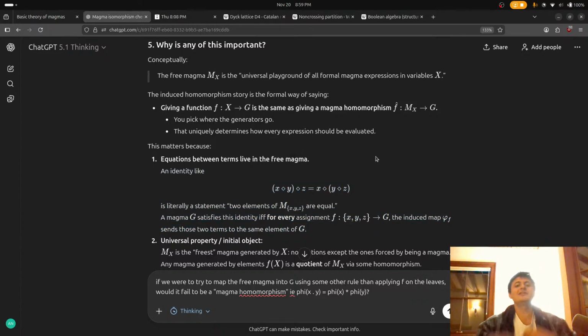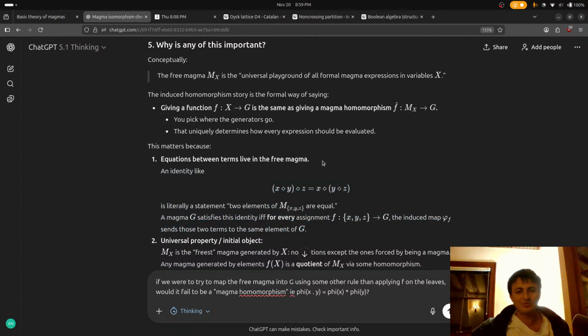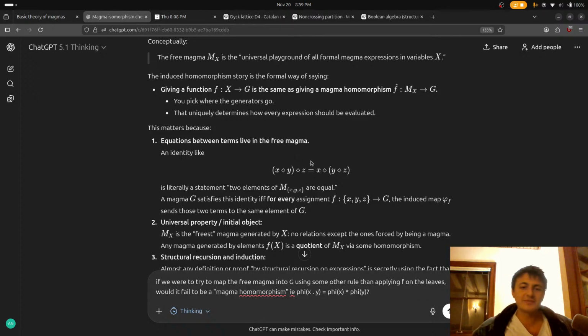Oh, actually, bro, see, now that's why it's important. Okay, this matters because terms live in the free magma. An identity like (x·y)·z = x·(y·z), the associativity rule, is literally a statement that two elements of the free magma